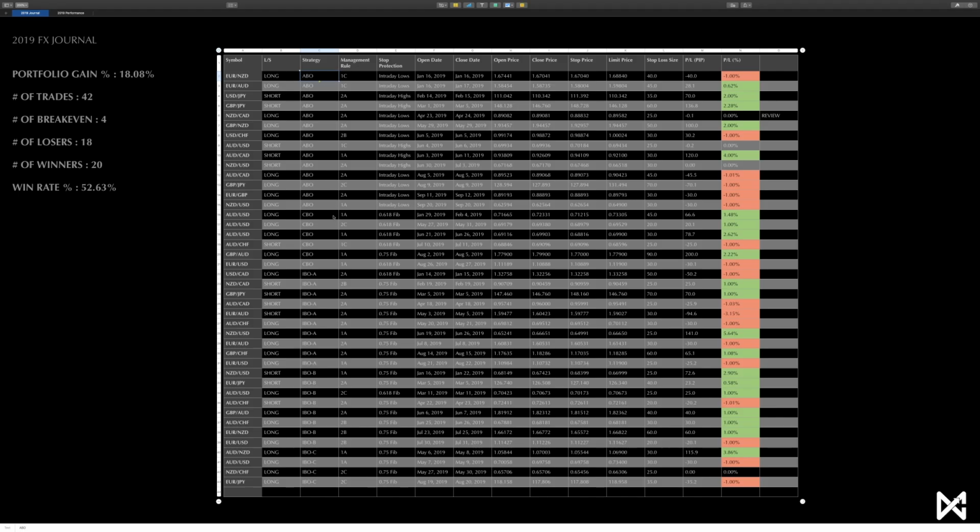We need to increase that to above 1%. So CBOs, good return, but we need to increase it to above 1%. Now, the ABO strategy, this is where the main issue comes in, because for the ABO strategy, we have 14 trades, but out of those 14 trades,